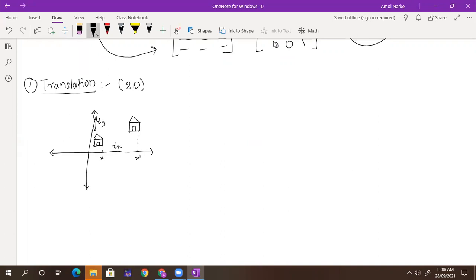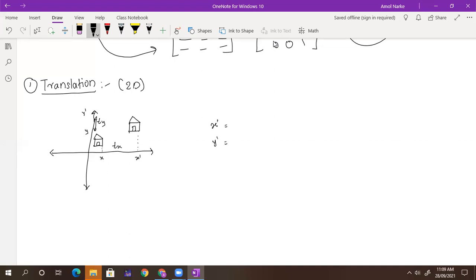So that particular picture came here, and after that I move it by ty. Initially I have y here, so I will get somewhere y dash here. Do you understand what I'm trying to say? So I move that picture in the direction of x by tx unit length, and then in the direction of y by ty unit length. Then I will get my new x dash and new y dash.